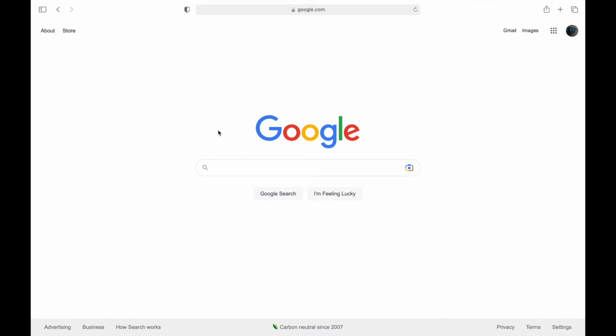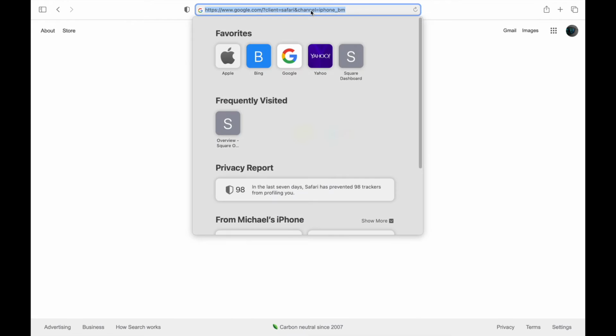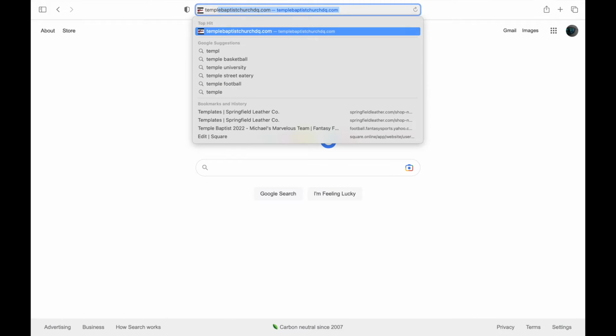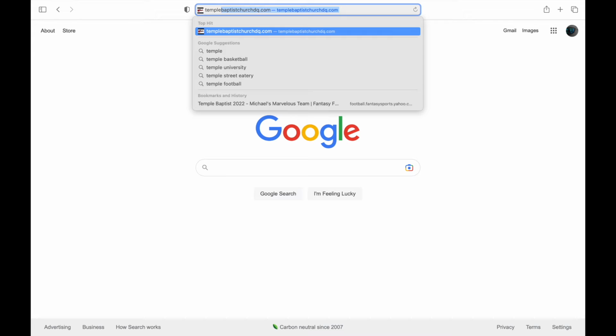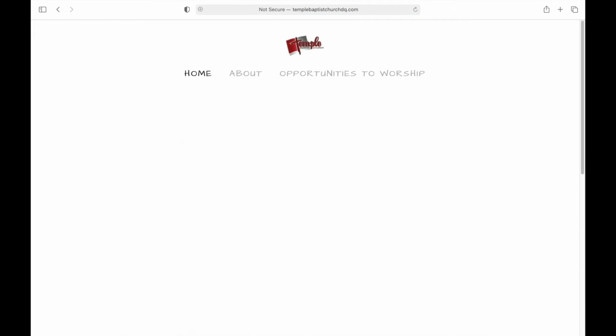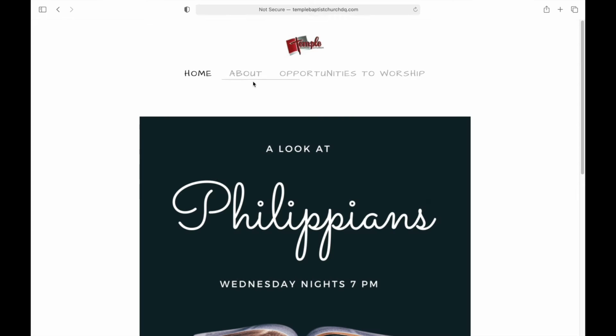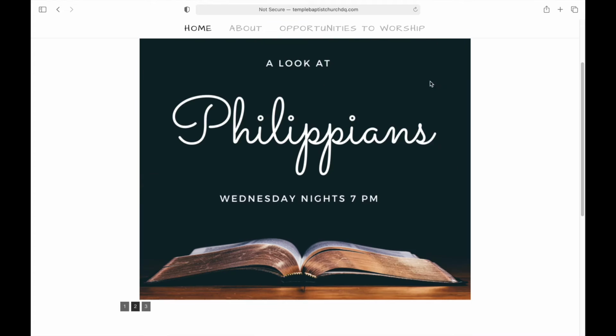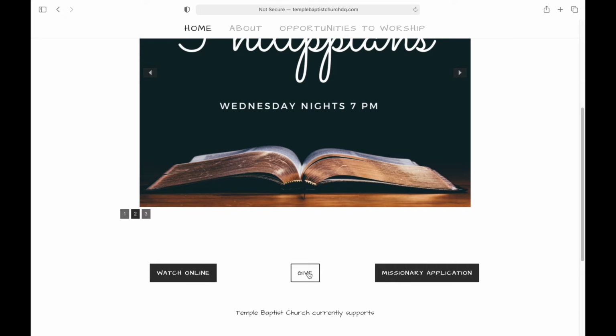Hey everyone, this is going to be a tutorial on how to give to our church using Tithely. The first thing you want to do is just get on the internet, and then we're going to go to the address bar here, and we're going to go to our church's website, templebaptistchurchdq.com. Once we're here, we're going to scroll down to the Give button here,